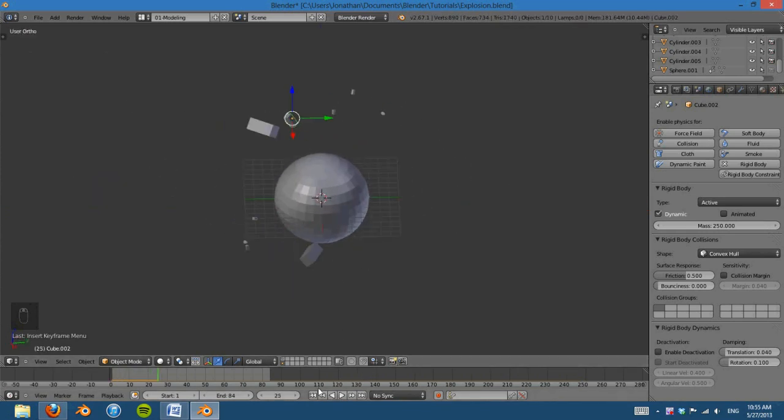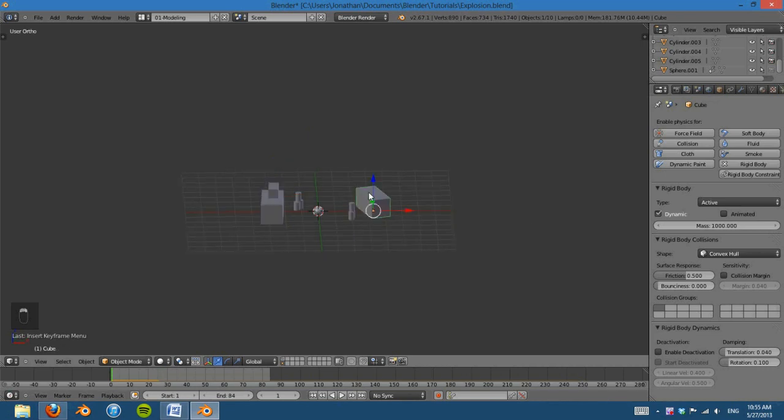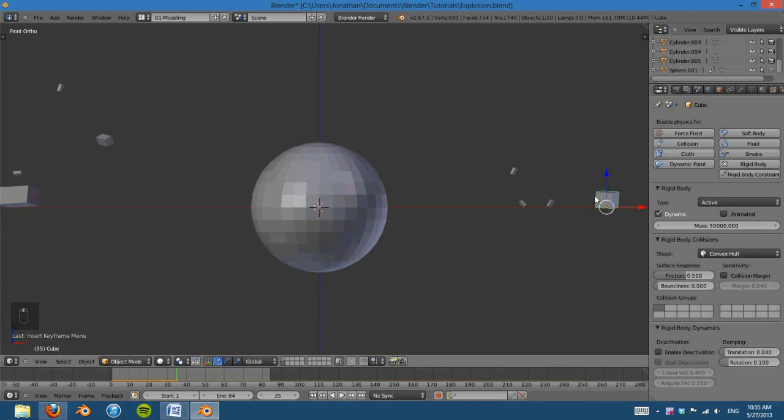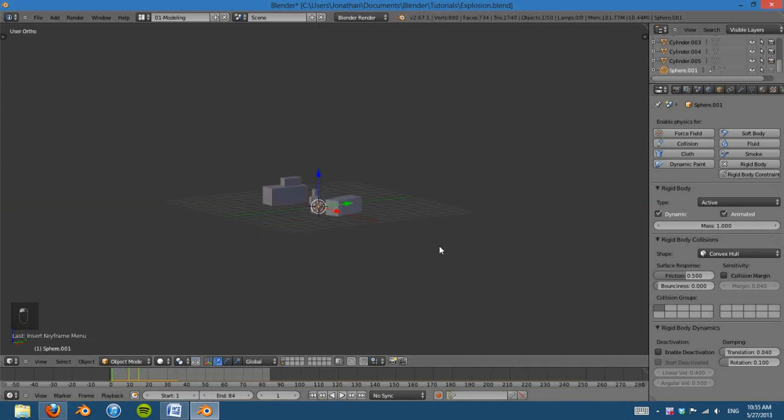And if you wanted to make it more stationary, you could up the mass to something much, much higher. And even though, I guess since this is being scaled, this mass is all weird. But anyway, the main point is that we have these things being knocked out of the way, and it adds to the sense of destruction, like something's actually being destroyed,